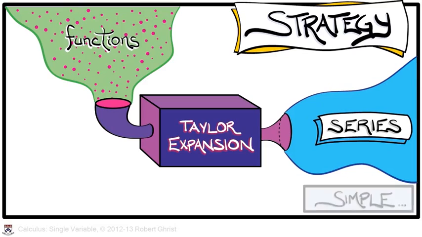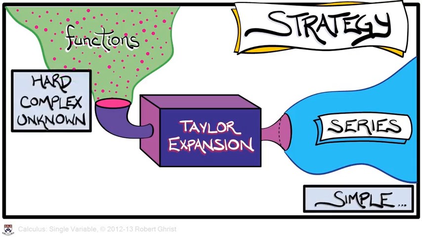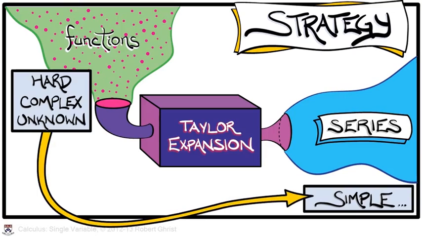Why do we want to do this? Well, series, thought of as long polynomials, are very simple to work with, whereas some functions can be obtuse, very difficult, maybe even unknown in a specific form. Taylor expansion helps us to convert such objects into an easier to work with form. Indeed,